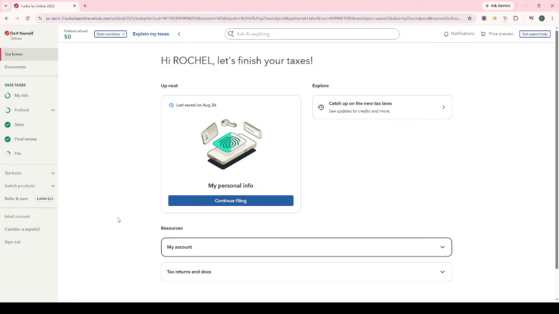If printing is required, make sure you follow the filing instructions provided by TurboTax. If e-filing is available, complete the submission steps as prompted on screen. And that's it. By opening your filed return, selecting the amendment option, updating the necessary details, and submitting Form 1040X, you can correct your return in a clear and organized